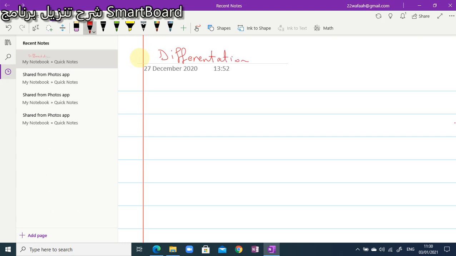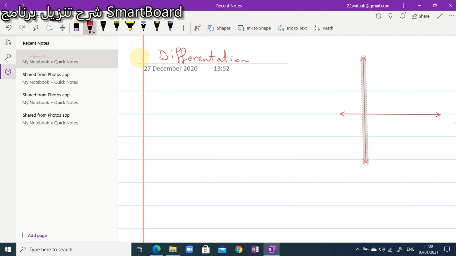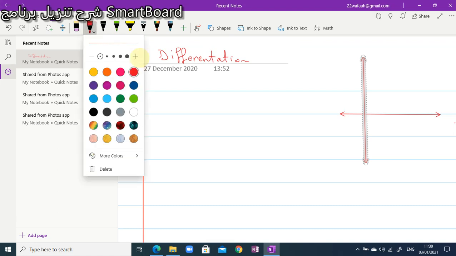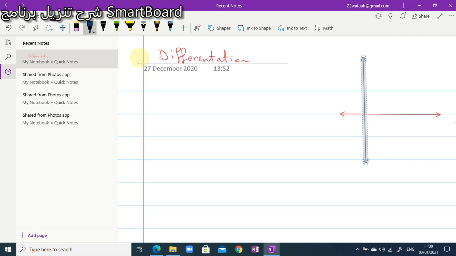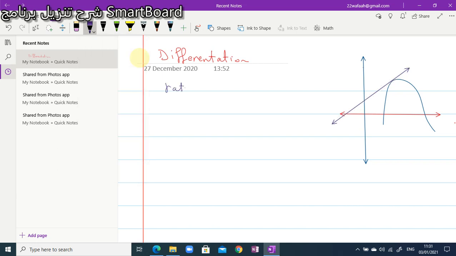The slope of the tangent: with the x-axis and y-axis and the curve like this, the tangent at point C, like this point, we can write that the rate of change equals tan theta, and this is theta,